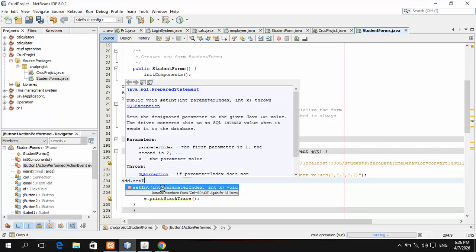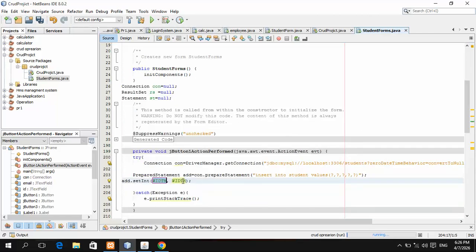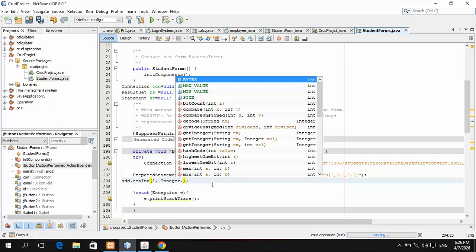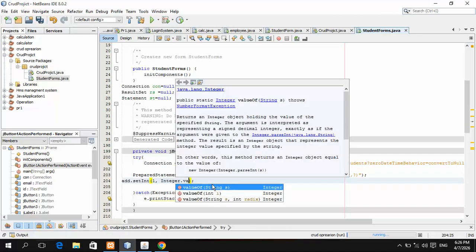Click on this one, write 1 and, for example, Integer dot valueOf. Integer dot valueOf is right, this spelling was wrong.